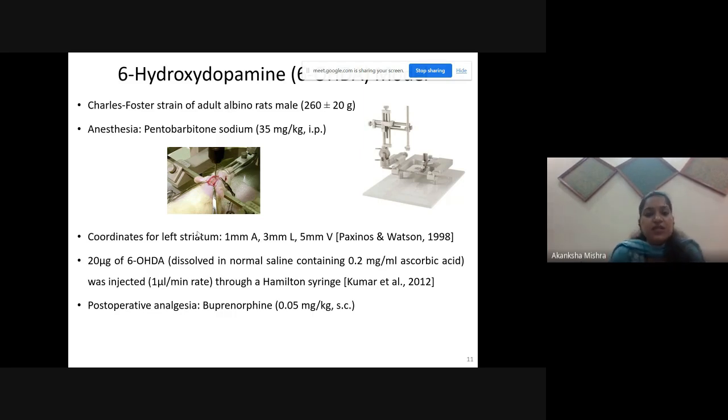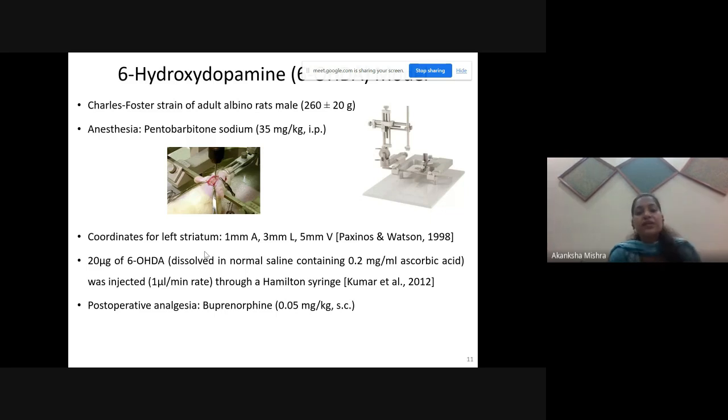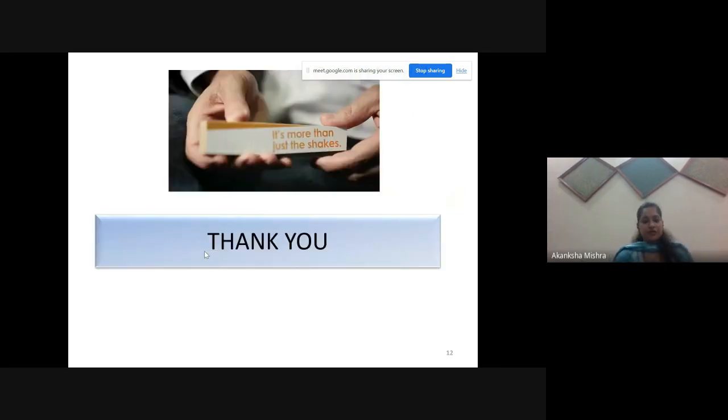Using this procedure, after 4 days the PD symptoms start to appear, and after 28 days of this surgery, the PD symptoms are at their most severe. So the whole pathophysiology and symptomatic procedures of PD can be reproduced. This was the basic toxin generally used to mimic the PD symptoms. Here we discussed the current treatment and what can be done in future. Thank you. Here is the end of my slide.